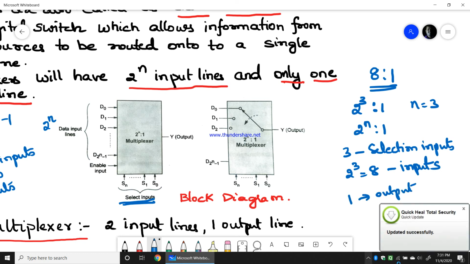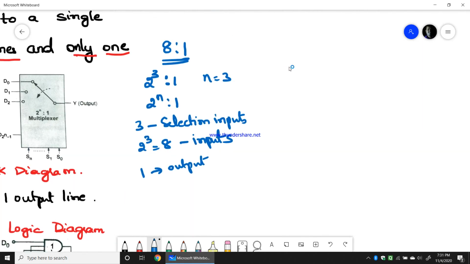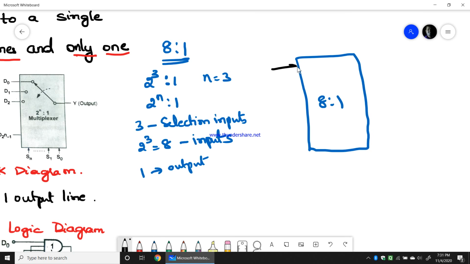So if I write the structure, I will have a multiplexer diagram like this. This is an 8:1 multiplexer which has 8 input lines, 3 selection lines, and only 1 output line.